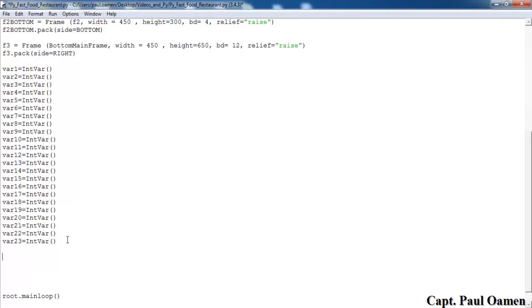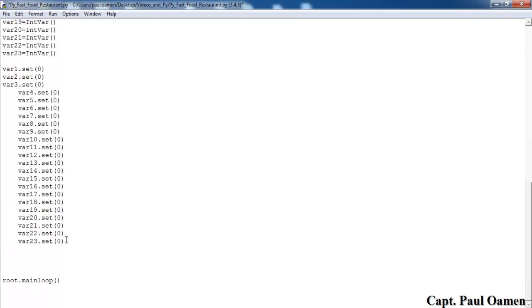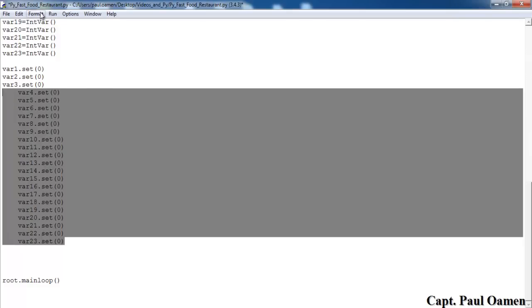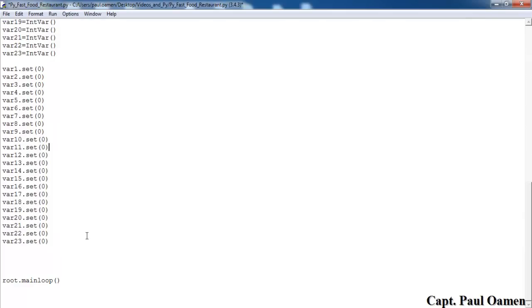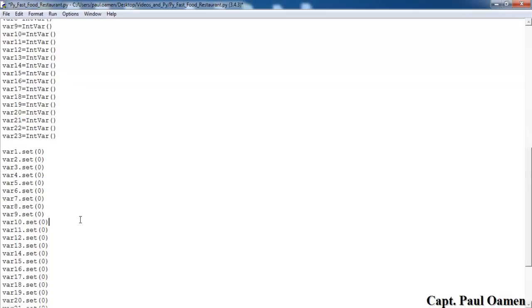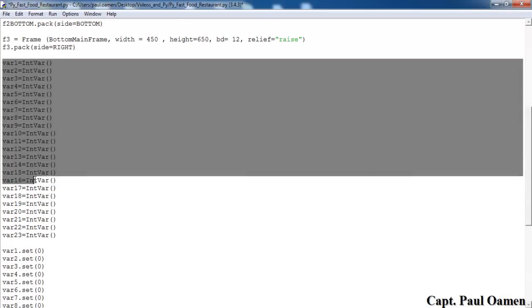Okay, let's assign some value into this variable. So we go for variable 1. Let's set that, we make that 0, and variable 2, let's set that 0 as well. We'll just speed that up. Okay, those are all my variables right there. Let's format that. There we go. I have 21 of those and 22 of those. I'm gonna need more variables, but for now,